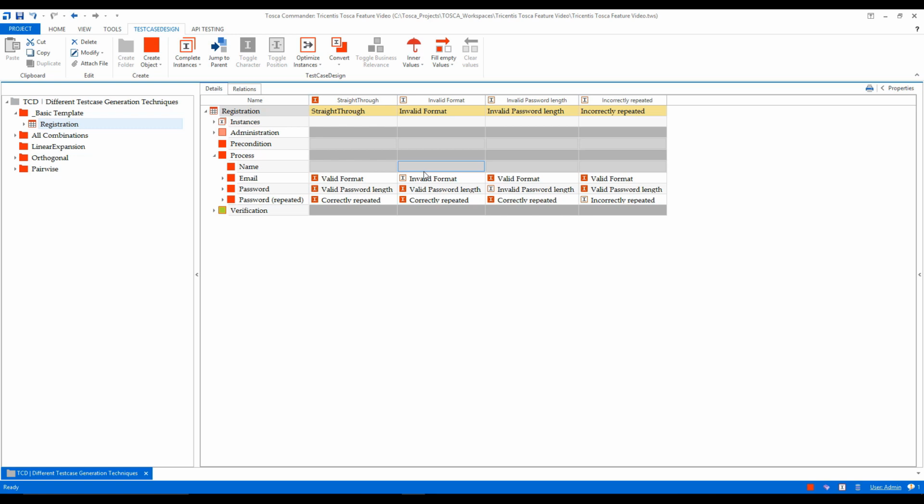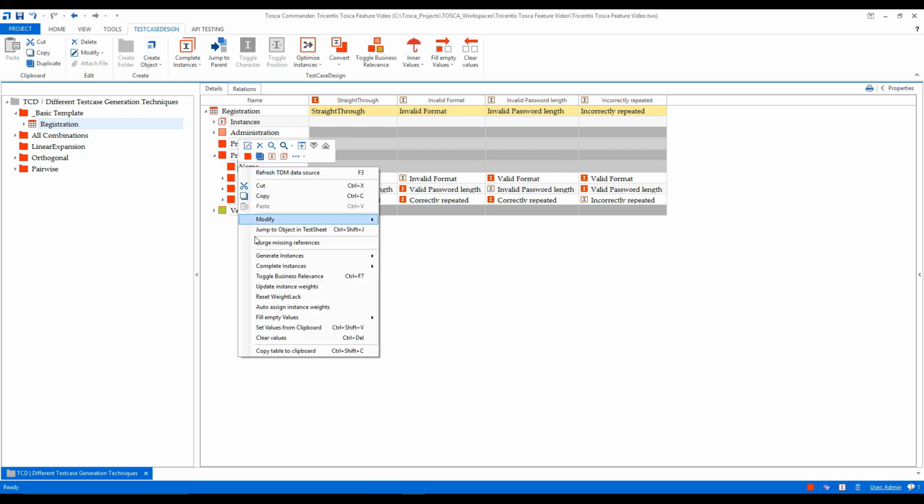They might go with orthogonal, a combination of orthogonal and pairwise, or a combination of linear expansion and something else. So yes, we definitely recommend it, but it's not a must. It will depend on the demography of the projects we are dealing with. So yes, this was all about the linear expansion, and here you can just provide the